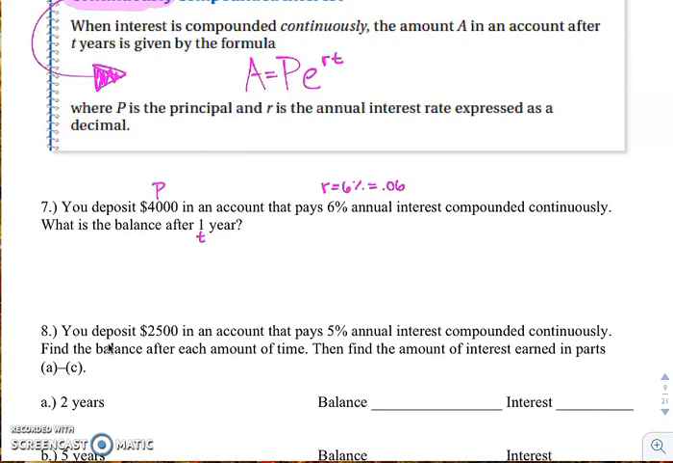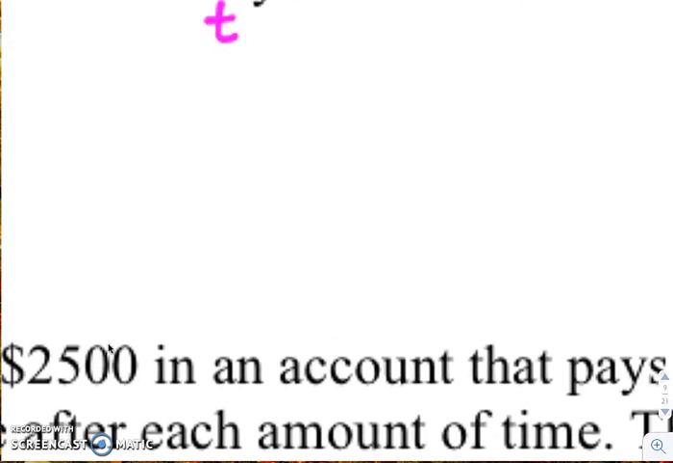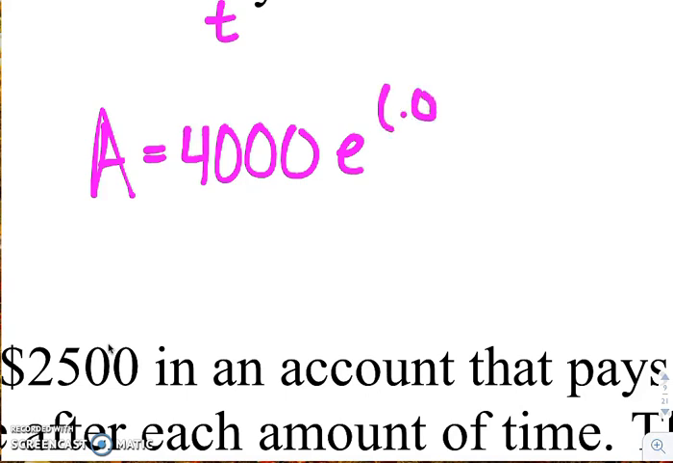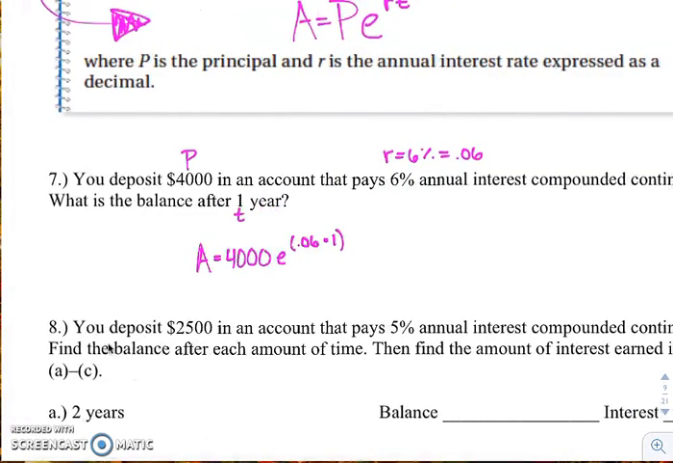And then it's just a matter of plugging it all in. So A equals 4,000 times e to the power of your rate, which is 0.06, times 1 year. So we can go ahead and type that entire thing right into the calculator. Remember, you can type everything into the calculator. I'm not expecting you to do this mentally in your head, but you need to write down the equation that you started with. So if we go to our calculators,